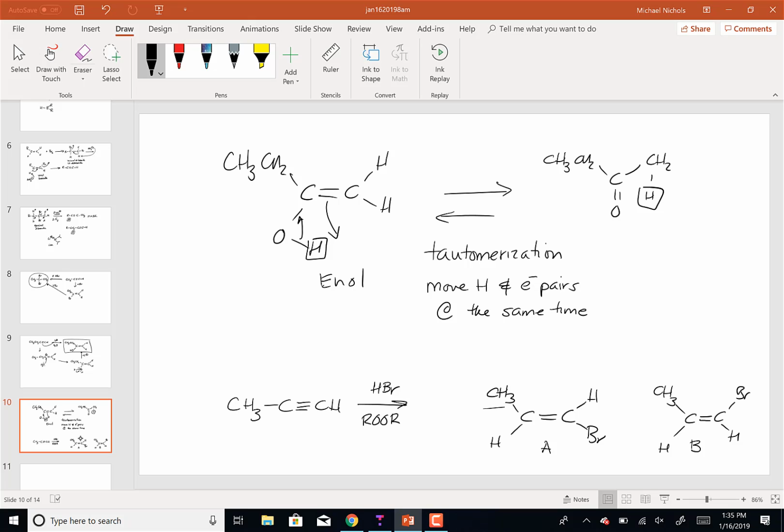So in other words, having these 2 groups trans is more stable than having them cis. And since when we make a radical, there's going to be the ability to form 50-50, it will form probably a major product of A,